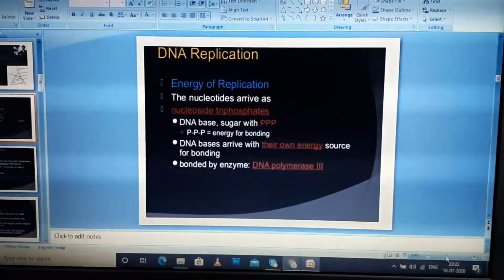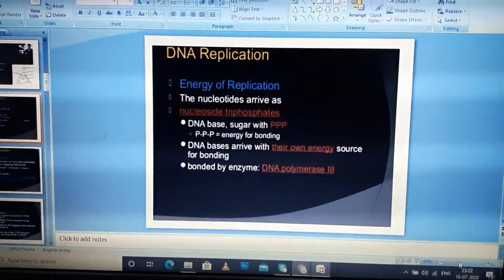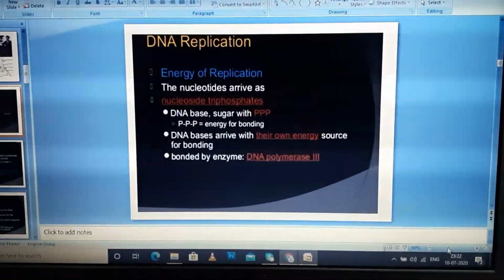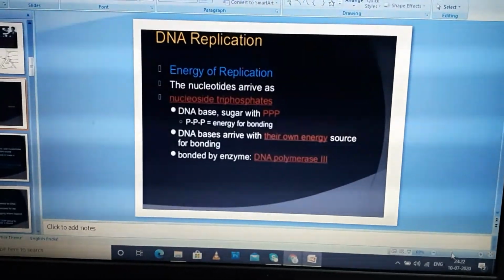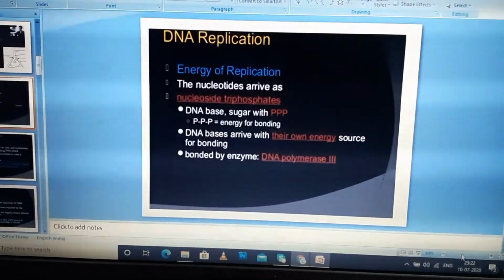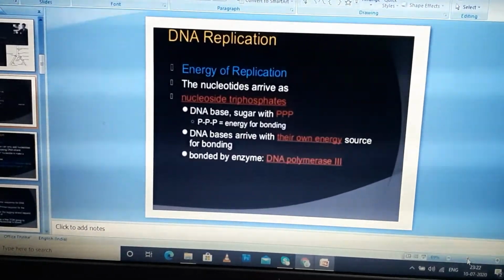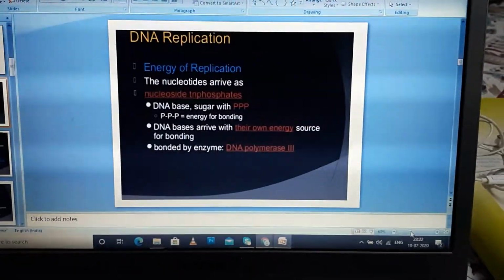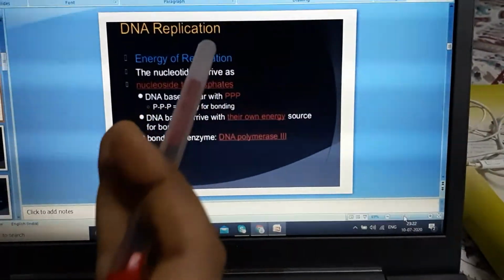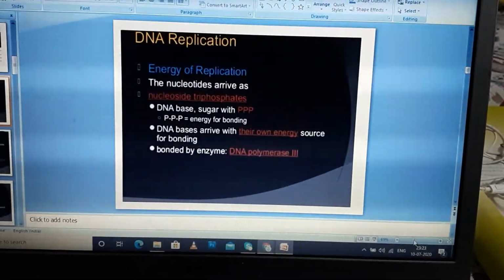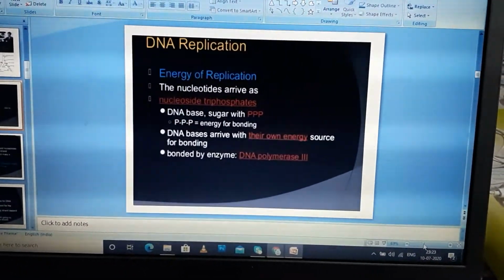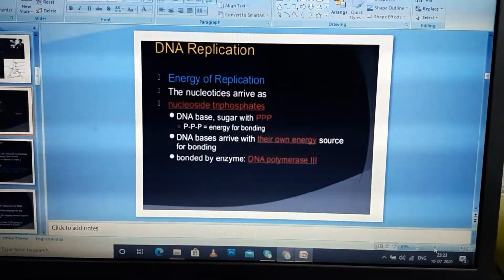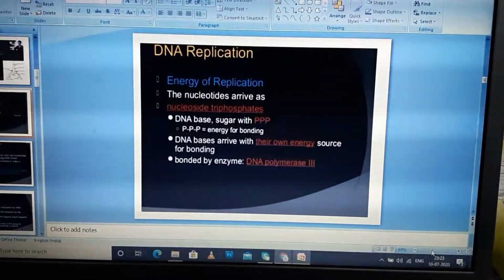DNA replication is a quite energy consuming process. Here nucleoside triphosphate is utilized for energy production. Energy is required for the breaking of the parent DNA into two parts, one to this side and the other to this side. As the parent DNA gets apart, an enzyme, DNA polymerase 3, comes, which does the complementation for the synthesis of the new strand.